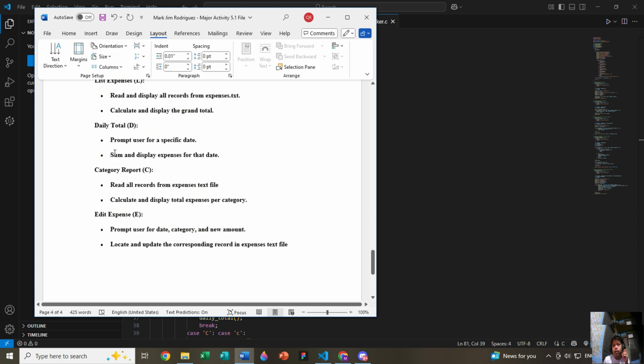For the daily amount, the user enters a specific date, and it sums and displays the expenses for that specific date. And for the category report, read all records from the expense file, calculate and display total expenses per category, and finally edit expenses from the user for the category and new amount, and locate and update the corresponding record in the expenses text file.